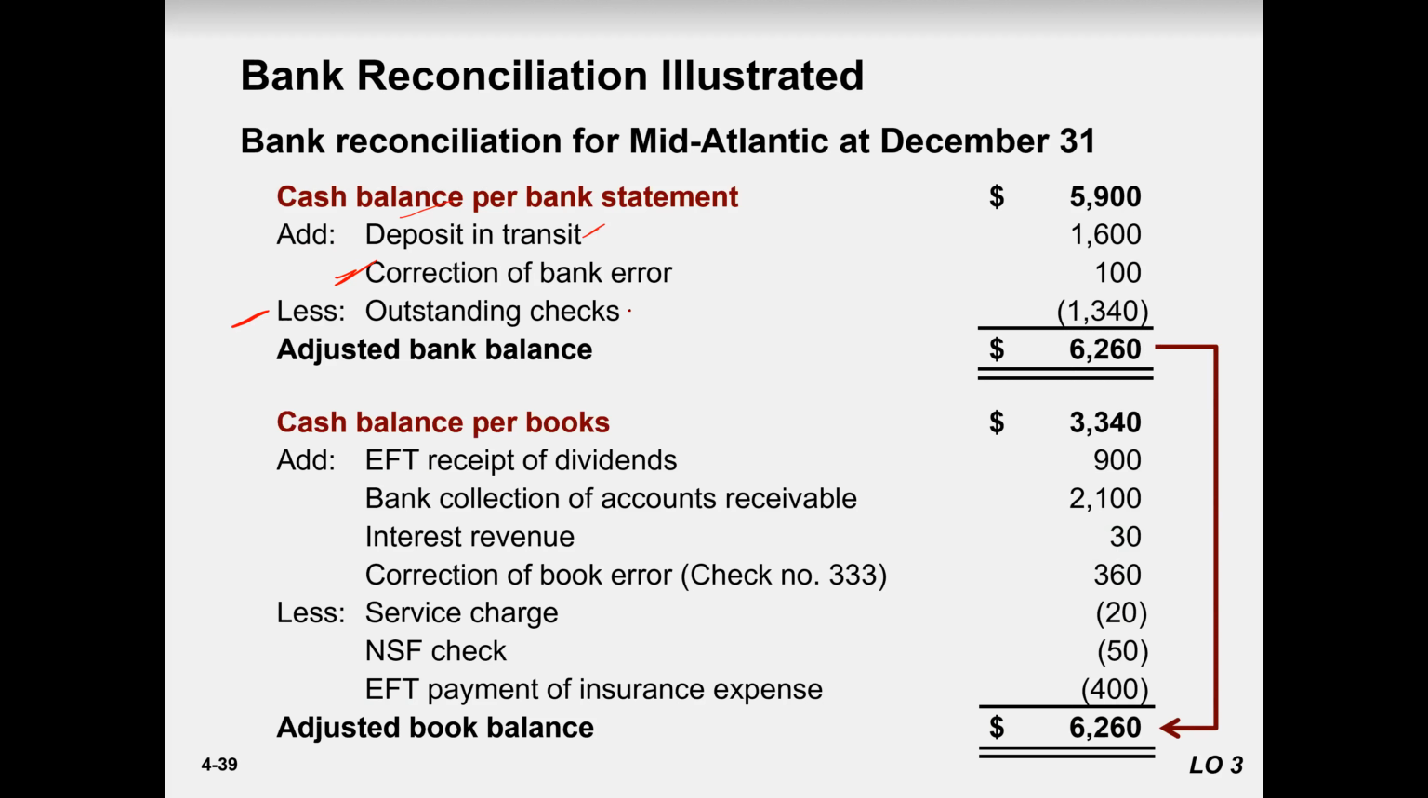Less outstanding checks, which means the company wrote down the checks, but the bank didn't receive them. That's it. And then on the cash side, on the cash balance per books, what is missing? So you saw the bank summary: any kind of receipts that you didn't write down or record, for example, electronic funds received,